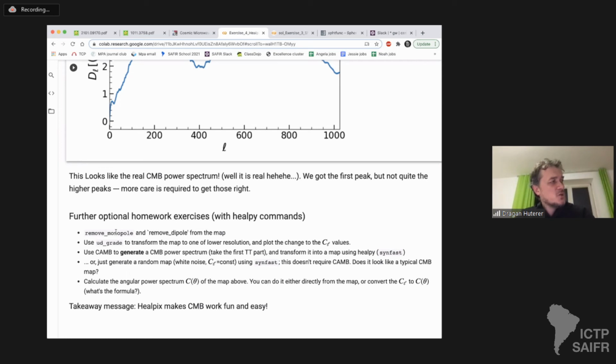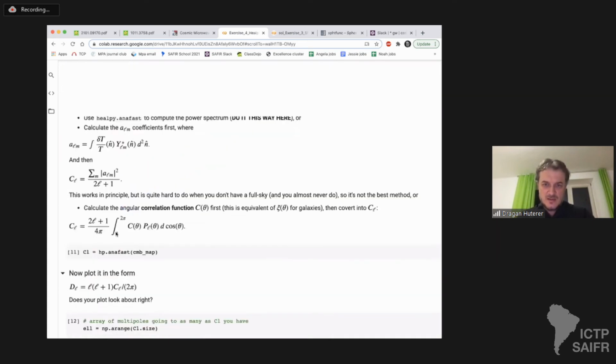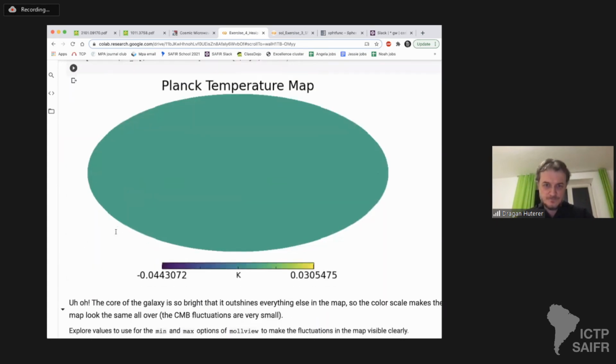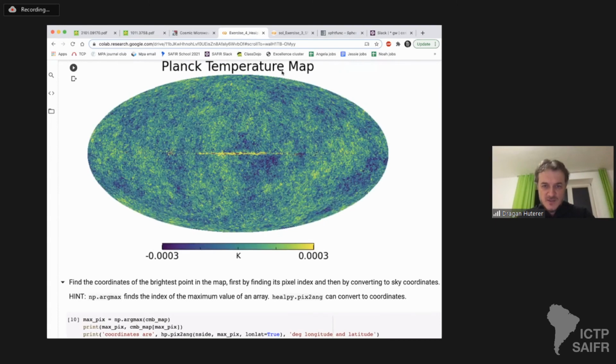But we remove monopole and remove dipole, and immediately there are questions. If you look at that map, right? If this was just a beautiful CMB map, the monopole would have already been subtracted. But this is the weird thing. You have a galaxy. So if you subtract the monopole, because these pixels are more often positive than negative, you can get, so you really have to worry about,